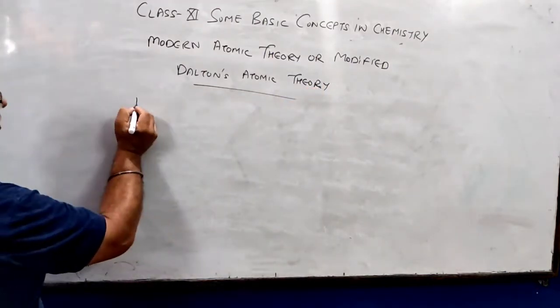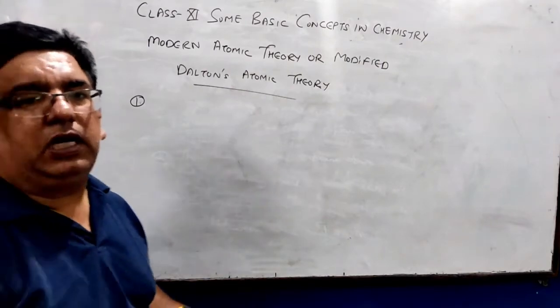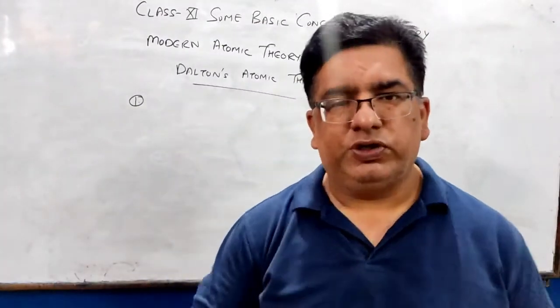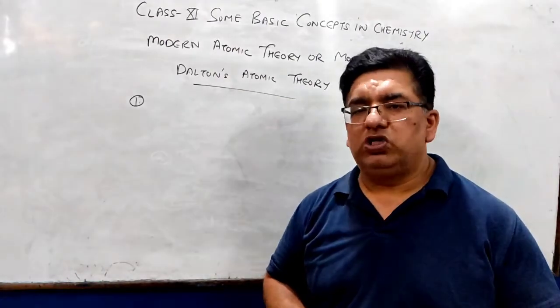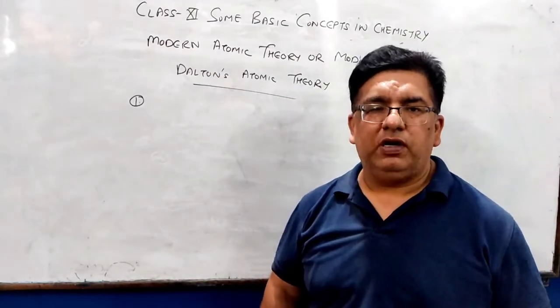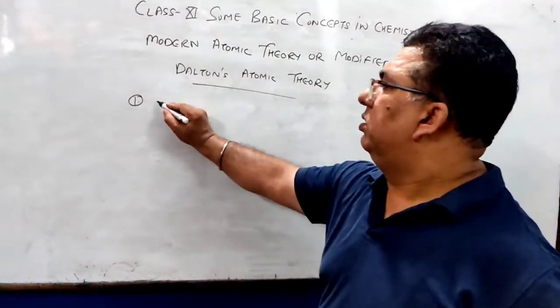So the first point is, Dalton says that matter is made up of smallest indivisible particles called atoms. But at that time, the discovery of electron, discovery of proton, discovery of neutron didn't happen. So, according to modern atomic theory, atom is